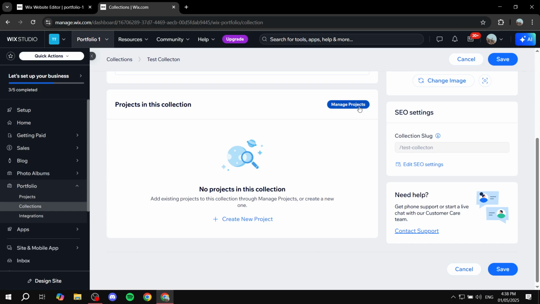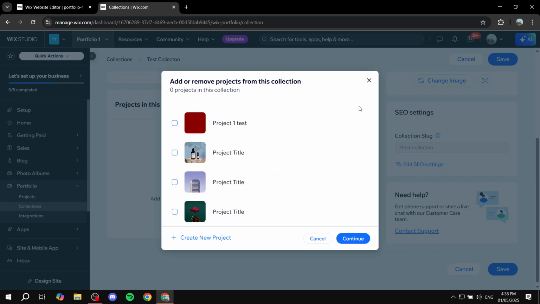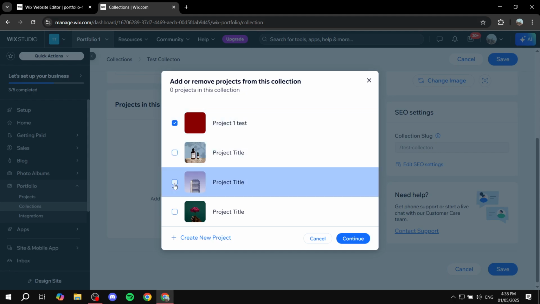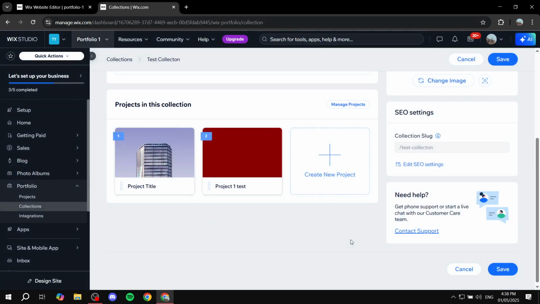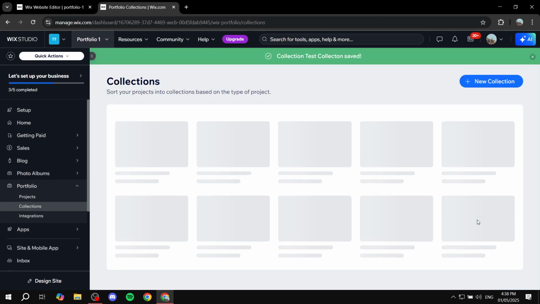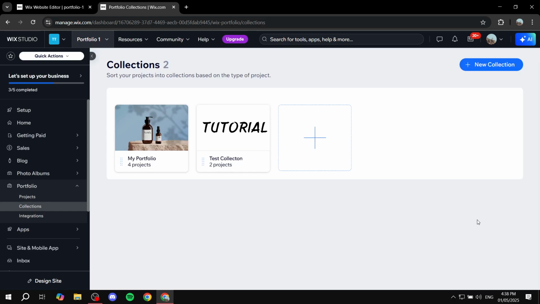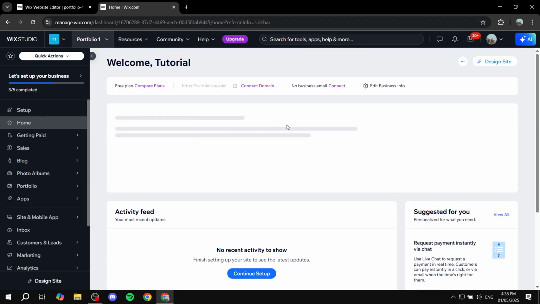So just click on manage projects. This is going to give you the list of all the projects that you currently have. If you don't have the one that you want to add, feel free to create it from here as well. But I'm just going to add this one and that one, for example, and click on continue, and then just save. And we're pretty much good to go. That's pretty much all you need to do. So just add projects. If you want to organize them further, you can add them to collections, and you're pretty much set. So let's just go in and see how that reflects onto the portfolio